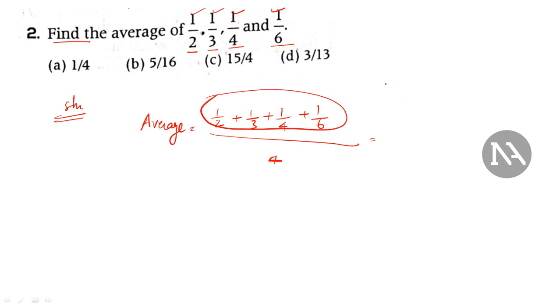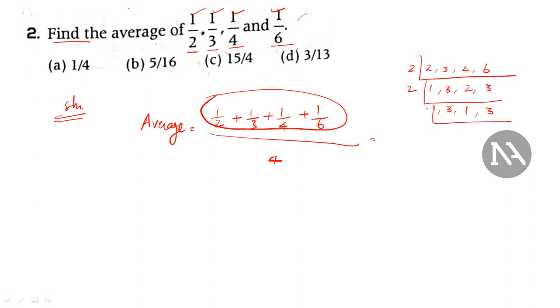So we have to sum these fraction numbers. We already saw in fractions and decimal fractions how to sum fraction numbers. So here the denominators are different. So here we have to take the LCM of 2, 3, 4, 6. First you will divide by 2. It is 1 time 3 comes as it is, 2 times and 6 is 3 times. Again I can divide by 2. This is 1, 3 as it is, then 2 is 1 time and 3 as it is.